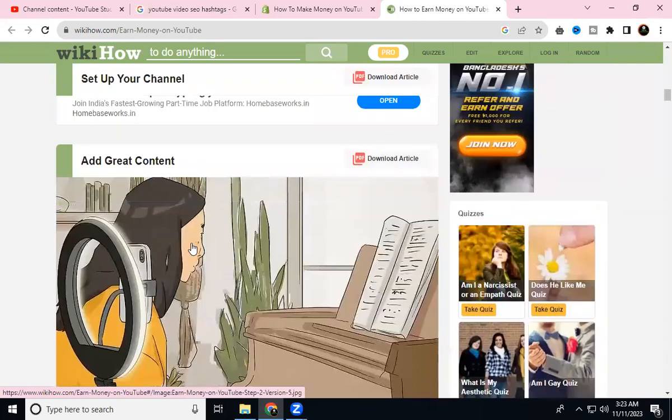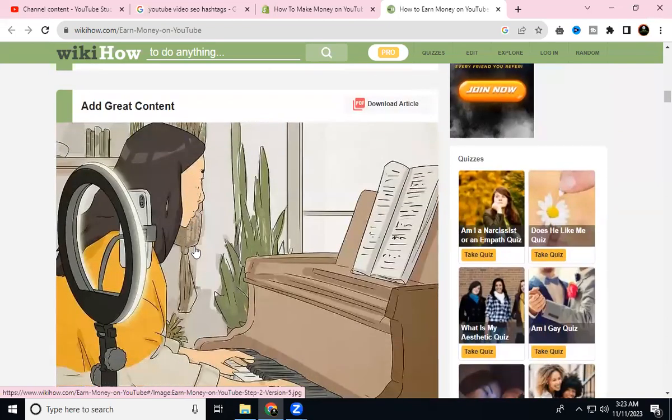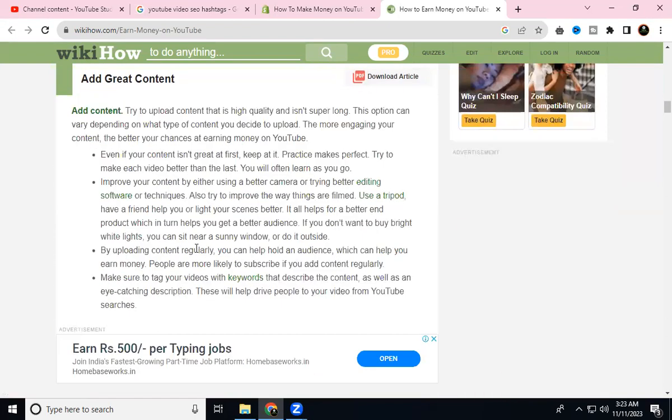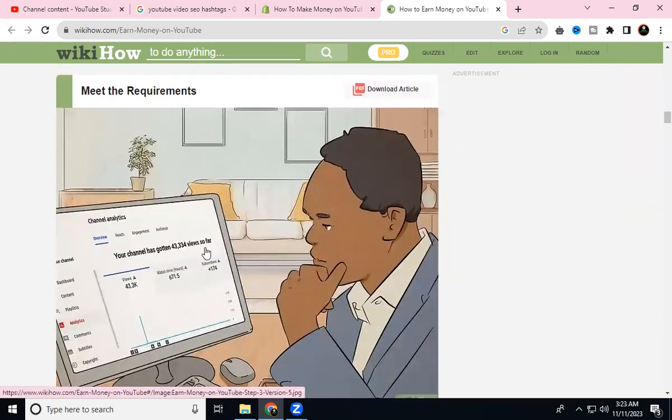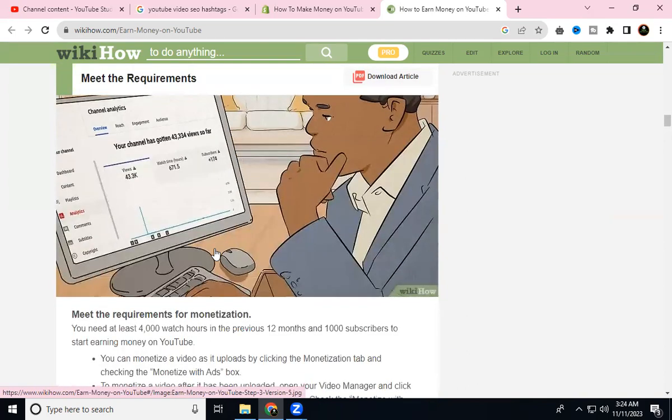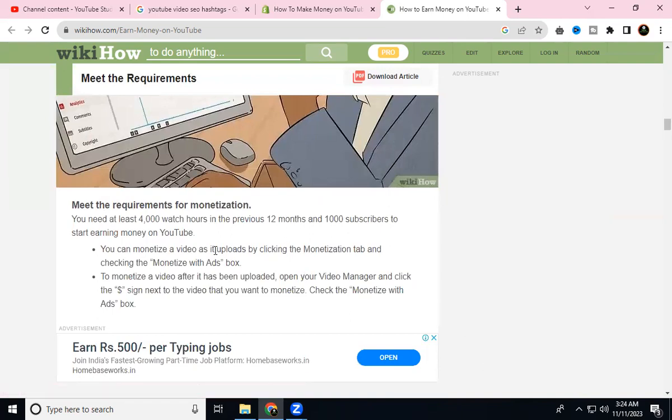This is the system and the ad card. Make the request and check analytics. Make the request for monetization.